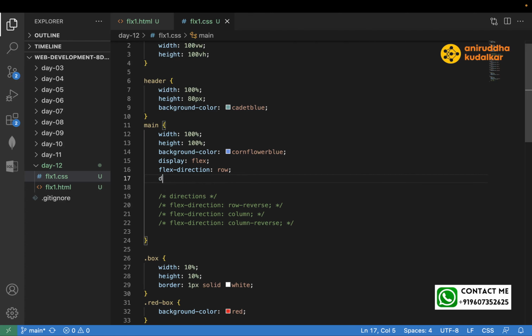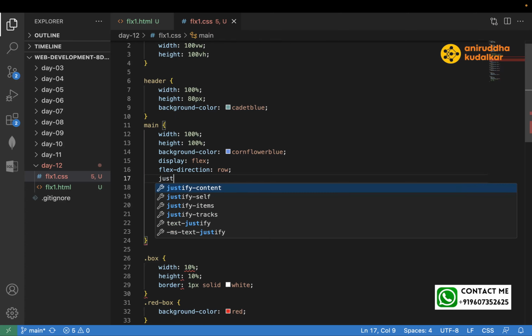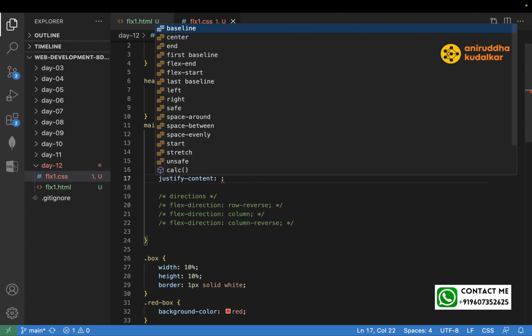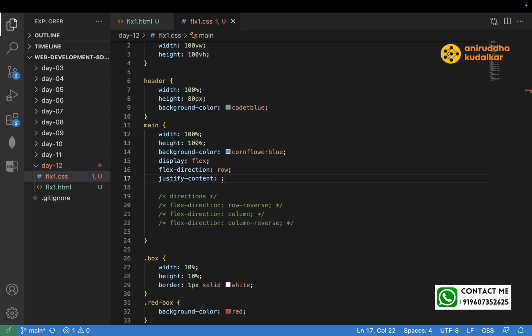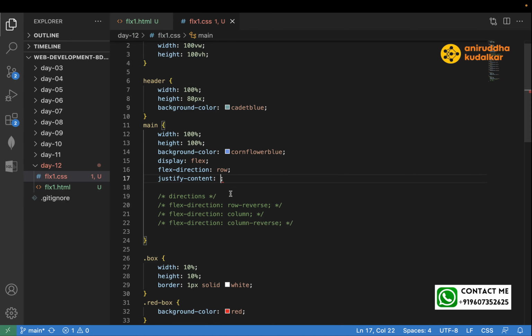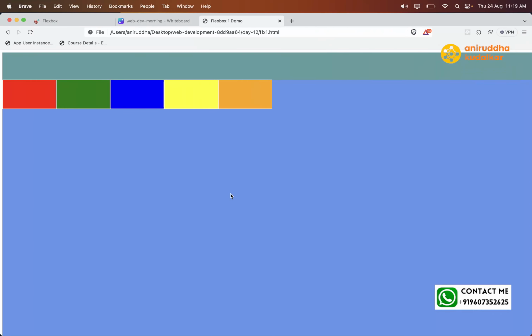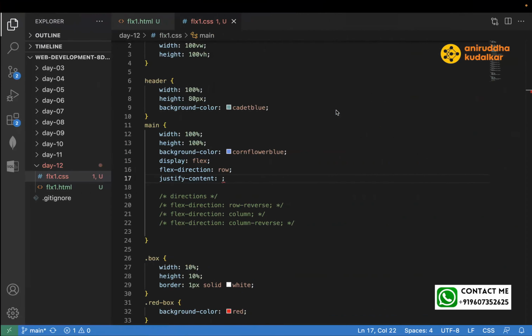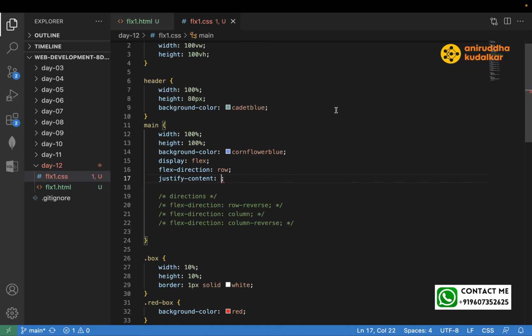So when I say justify content, what will justify content do? Justify content aligns the elements across the main axis. In the technical documents,